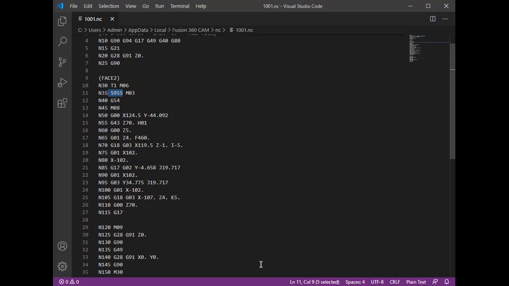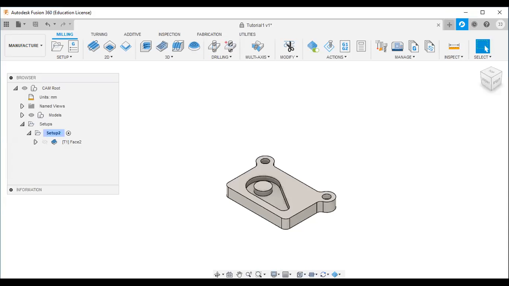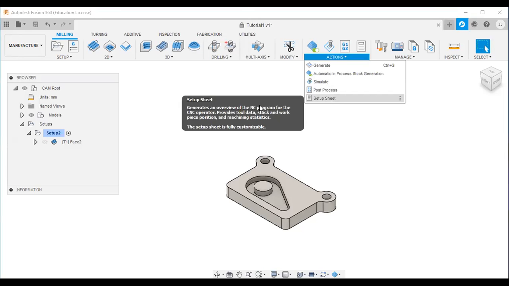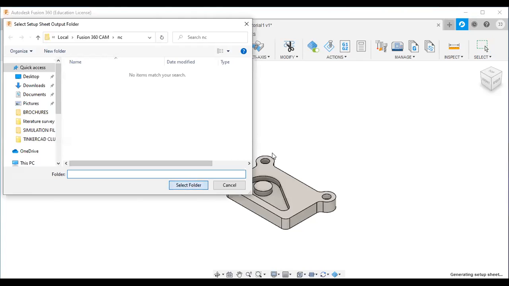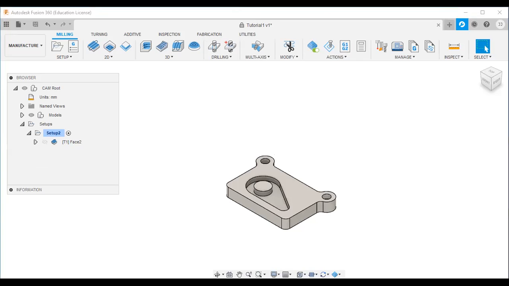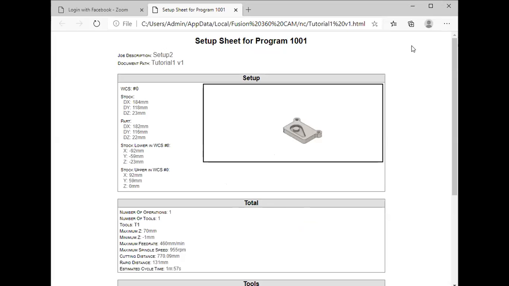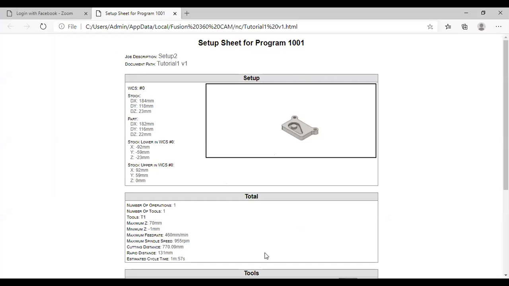Okay, so I will share the Fusion again. Okay, then I will close this. Yeah, then if you want to see the setup sheet, I will click this and then I will select this and I will share the screen, setup sheet screen. Yeah, here you can see this is